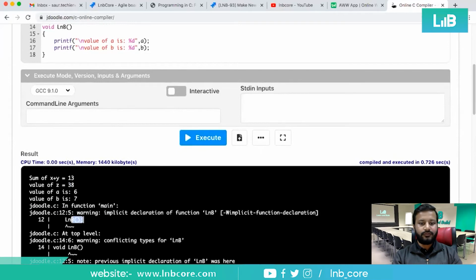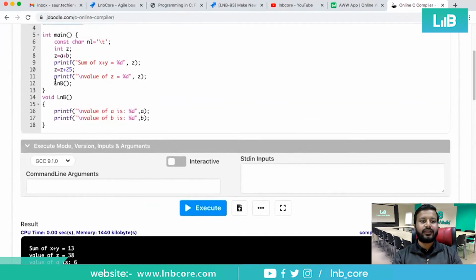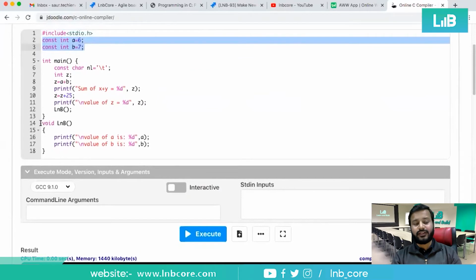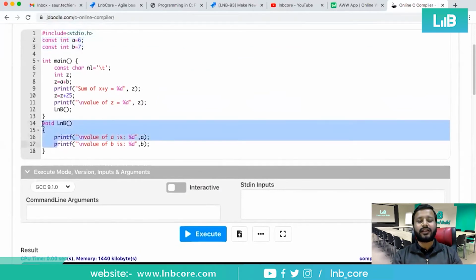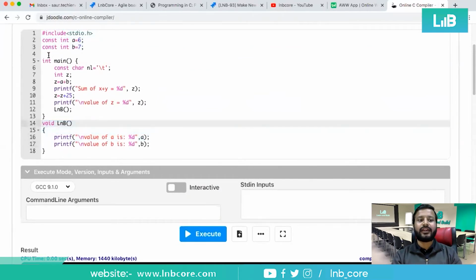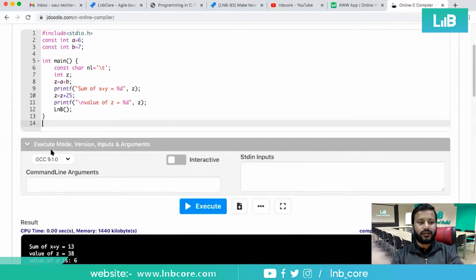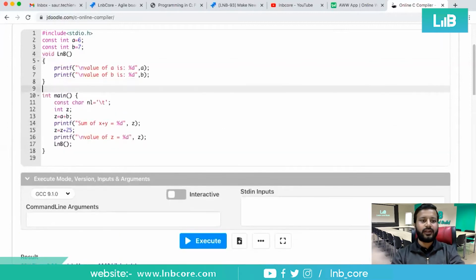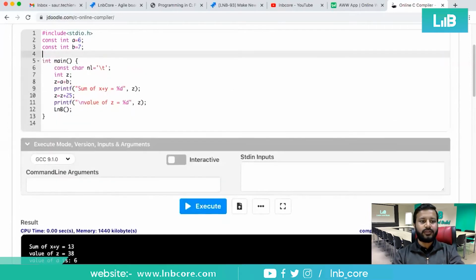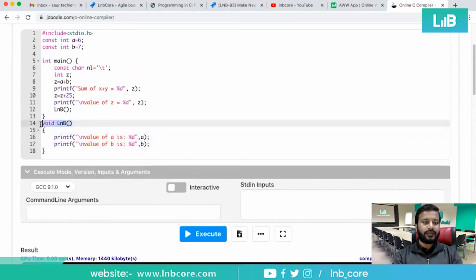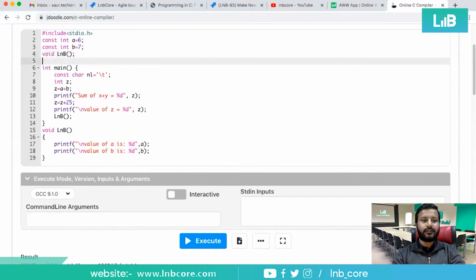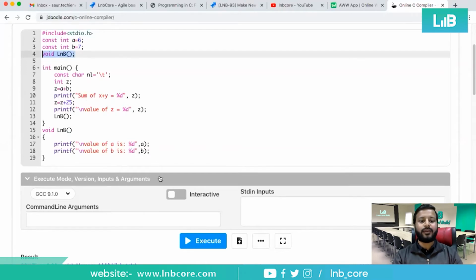The function that we have defined here is not declared above the main. So there are two methods. Either you can cut from this place and paste it here, or you can simply copy the first line of this function definition and end it with a semicolon, which is called the declaration of the same function.